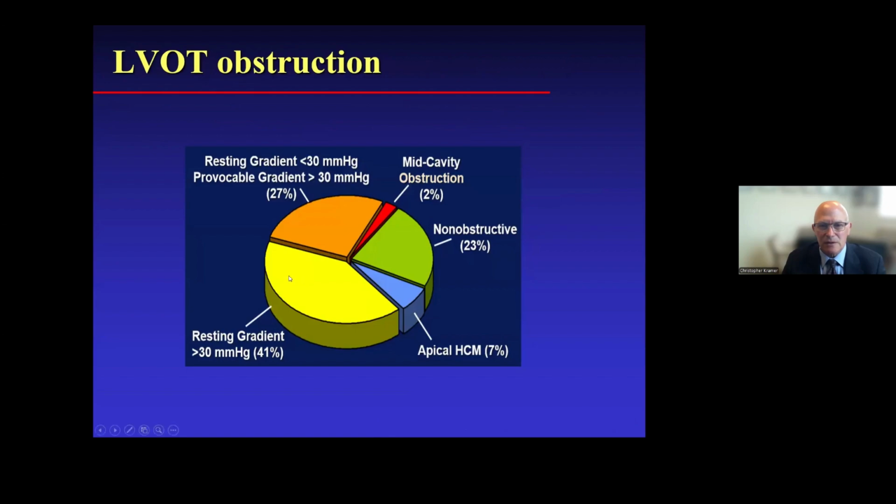Again, an old slide suggests that 2/3 of the patients have LVOT obstruction, 41% with a resting gradient of more than 30, and another 27% or so with a provocable gradient, either with Valsalva or exercise, and then assorted other morphologies. But with increasing recognition of the disease, better echo, increasing diagnosis, better education,